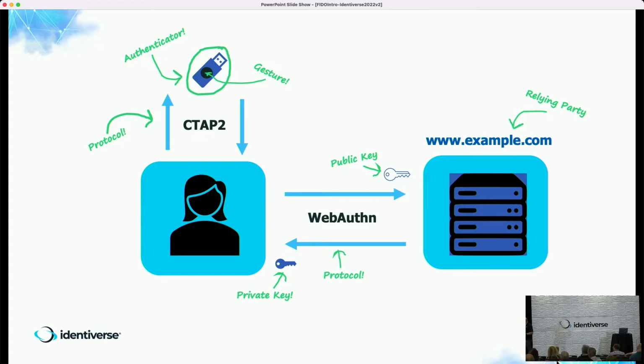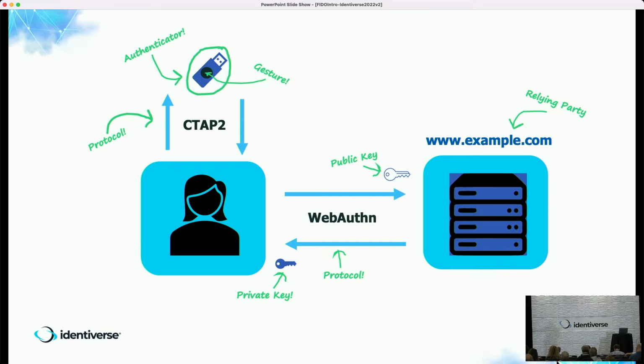Then we have WebAuthN talking between the client and the server. And I'll point out protocol was on that list of terms you should know. You'll notice that besides CTAP, it says protocol, and WebAuthN, I'm stretching things a bit, it says protocol. It's really an API, but there's an implied protocol associated with it. The protocols are the defined handshakes, the formal definition of the programmatic ceremony that's got to take place under the hood. So it says, how does the physical device talk to the user machine? How does the user machine talk back? Similarly, how does the server talk to WebAuthN, or to the client? How does the client talk back?